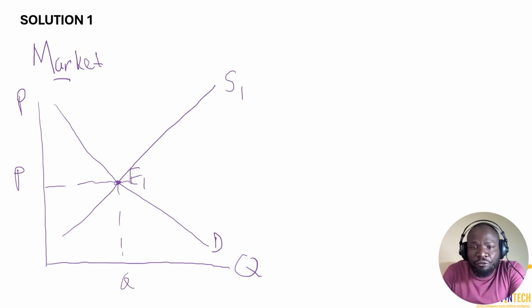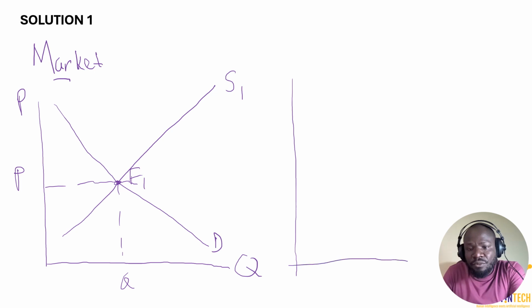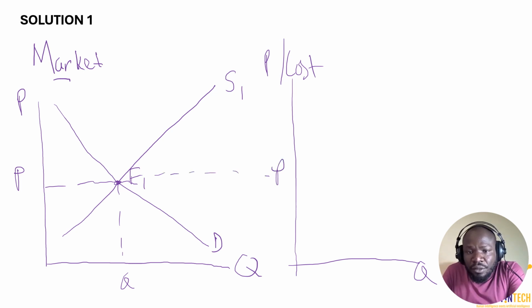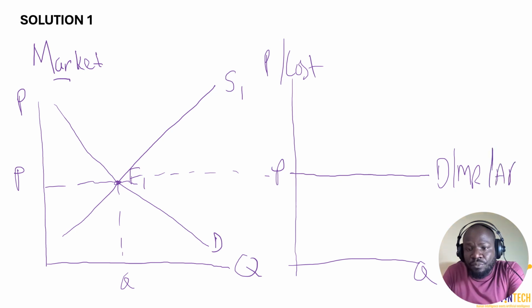And the firms in a perfectly competitive market are price takers. So these firms are going to take the price as given by the market. So the price is going to be this one. They take it as given. And remember, this price is the demand. It's the marginal revenue. It's the average revenue. And the question was, they're making economic losses.